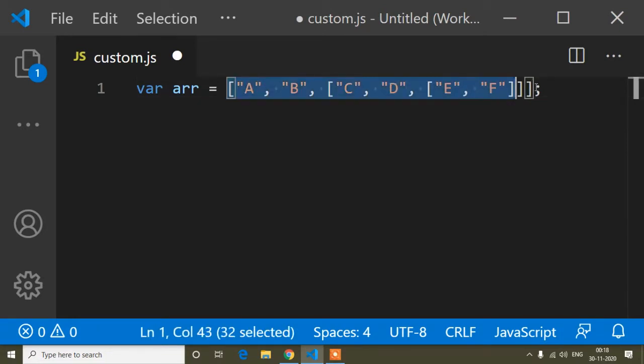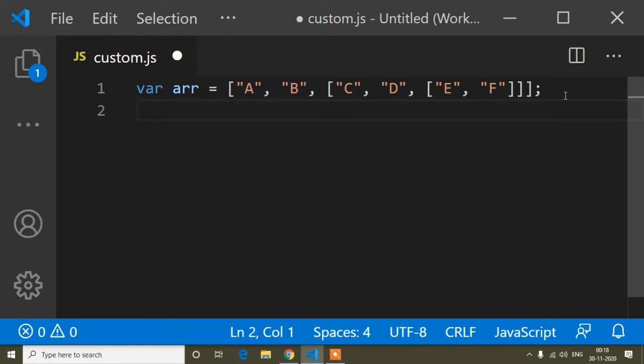So here is the array I have created, and in this array there are multiple sub arrays. Now suppose I want the output like this: a comma b comma c comma d comma e comma f.